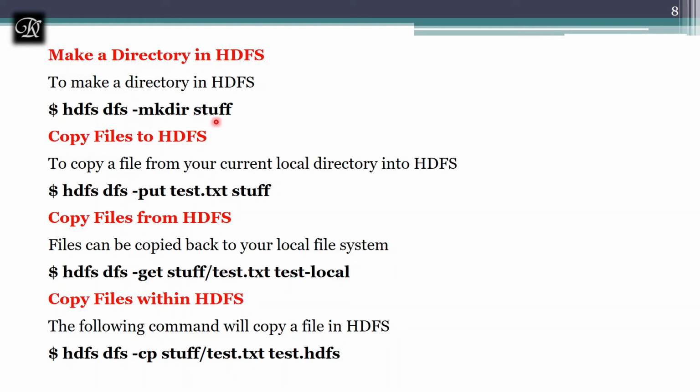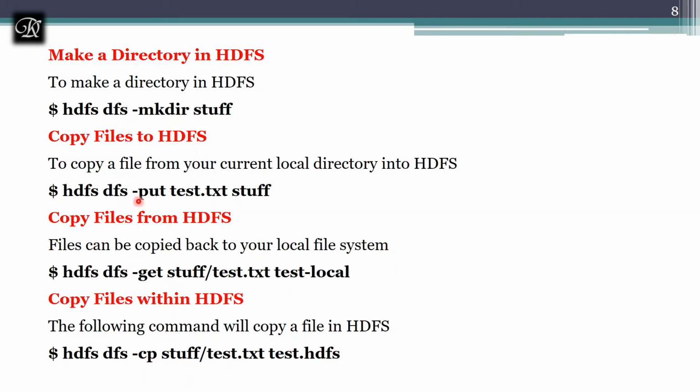So I'm going to create a directory called stuff and copy files to the HDFS. It is not a simple way, and you cannot use the mouse over here. Like we have a bad habit of going with the mouse and copying the content from one place to another place. That is not possible over here. We have to do all the things through commands. So how to bring the file from the outside world, from the local machine to the HDFS? That is possible with the help of -put.